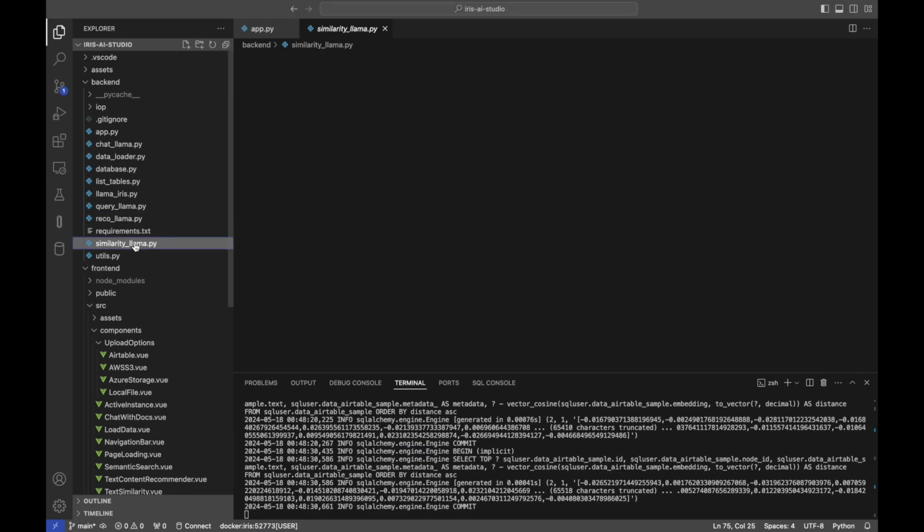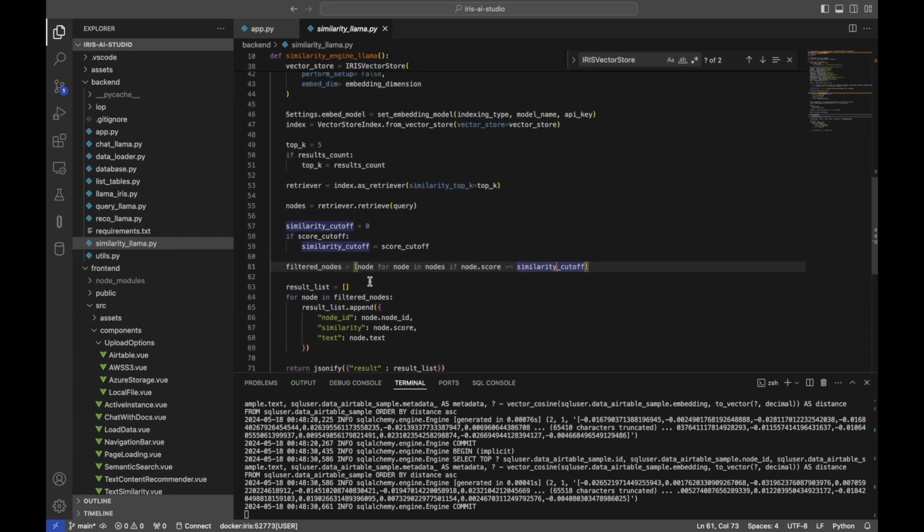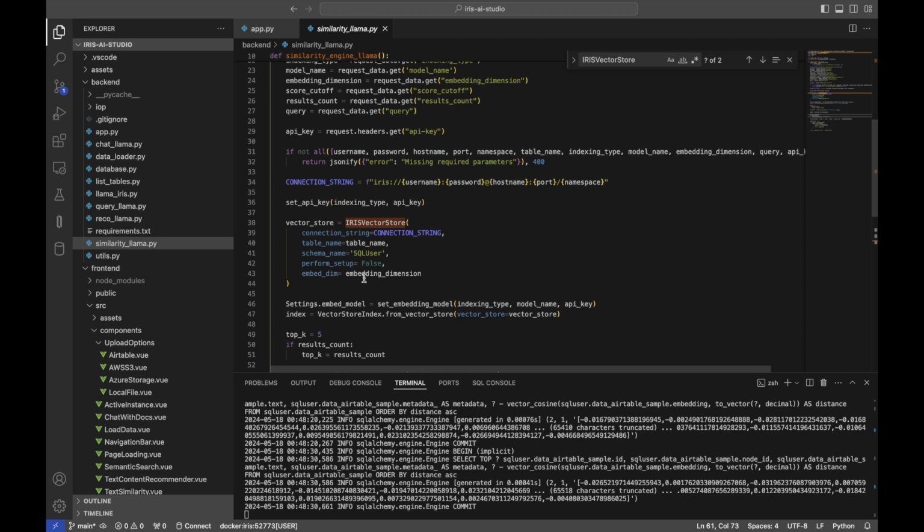And when it comes to the similarity, it's pretty much the same, having the filter on a similarity cutoff, and then the filtered nodes, and getting the results along with the score. So yeah,